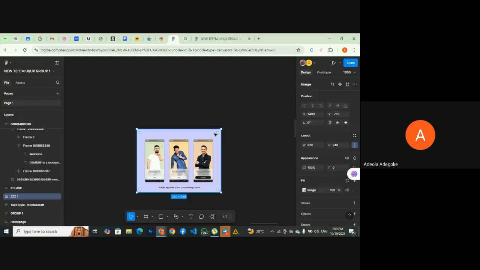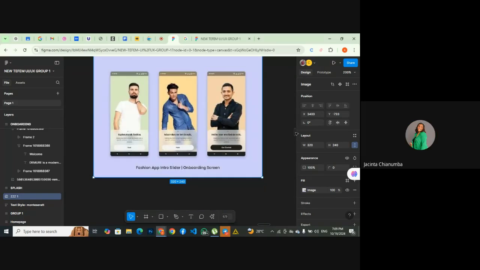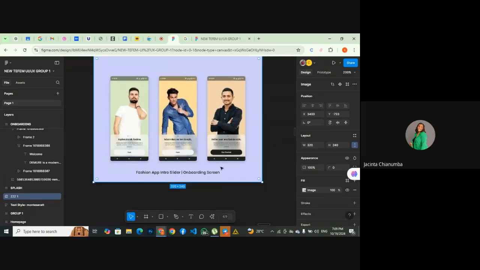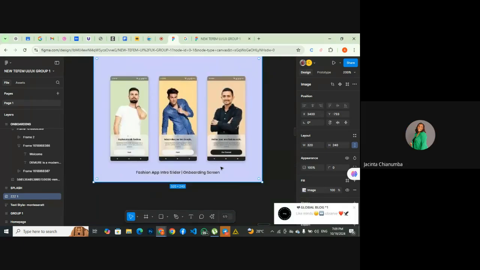Okay, this was the one that you used as a reference. Yes, ma'am. Zoom into this one. Why is the text blurring? Or is it my network? No, I think probably because